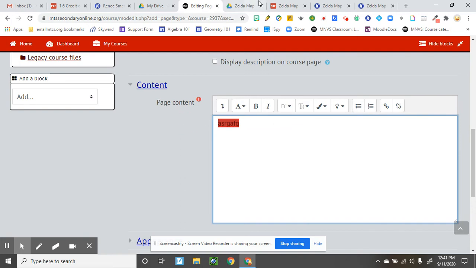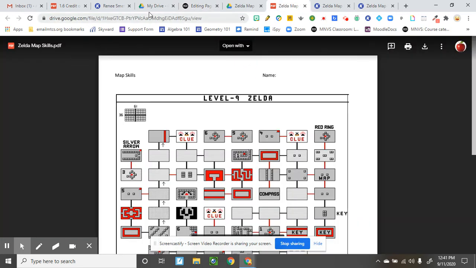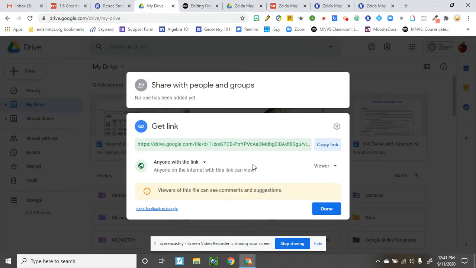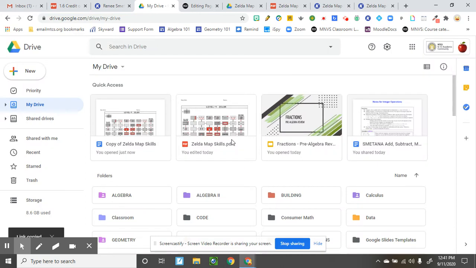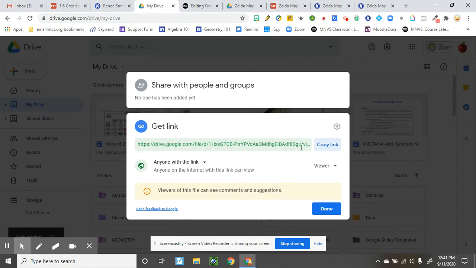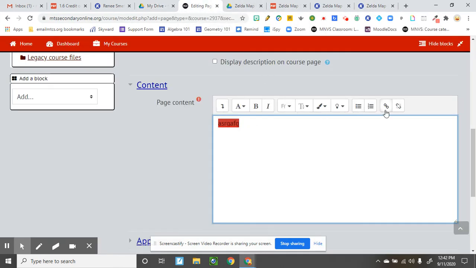put it in there. So if I want this to be my link, I can go to my Google Drive. I can click on the link itself. This is it. If you don't know what I'm doing, that's the actual link. Actually, I'll just go to this. It's the PDF version, and I'm going to get a shareable link. I don't need to change anything about it. I just need to make sure that anyone can view it, and then copy that, and then put it into here as a link,